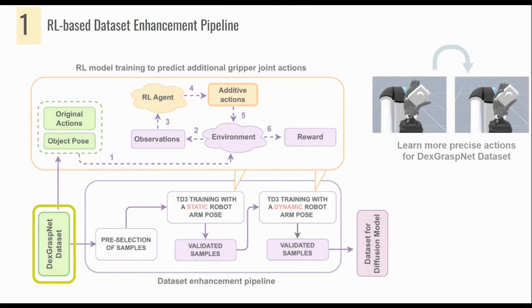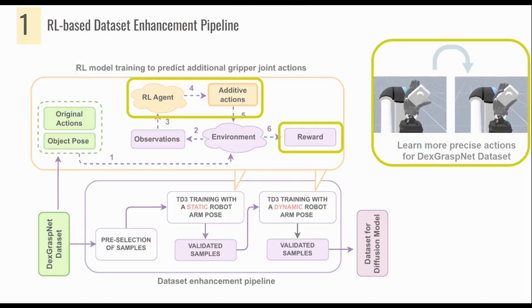This is an RL-based dataset enhancement pipeline. First, we conduct a pre-selection stage of sample selection in the original IsaacSim environment, then train the RL agent on a static robot pose. In more detail, the initial grasping actions and object pose from the DexGraspNet dataset are fed to the MoniScale environment. And then the RL agent learns to predict additional grasping actions to ensure accurate and successful